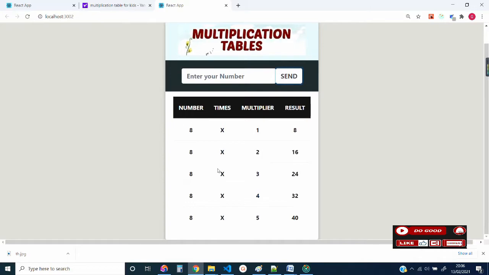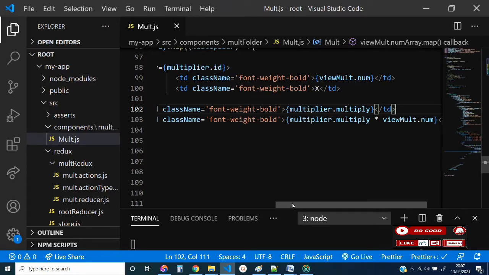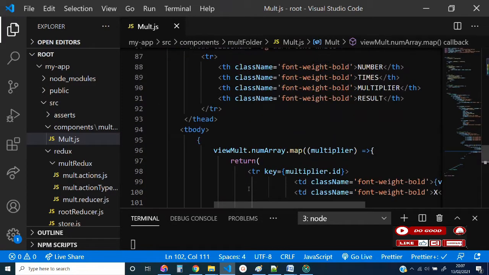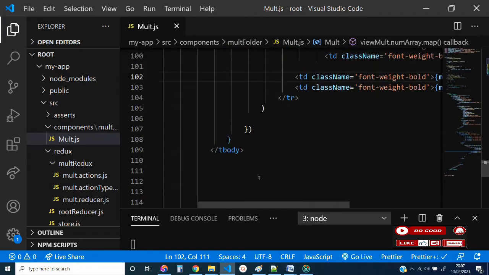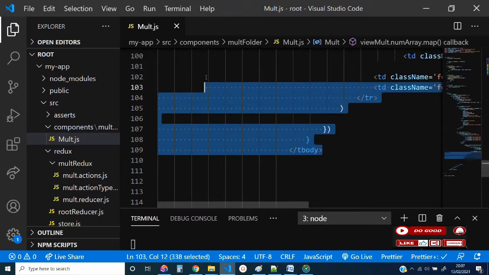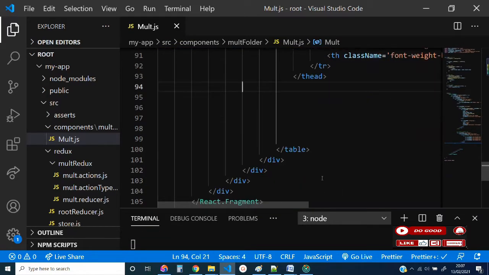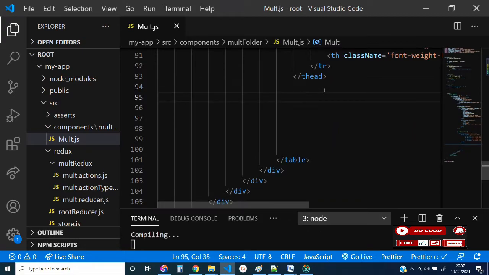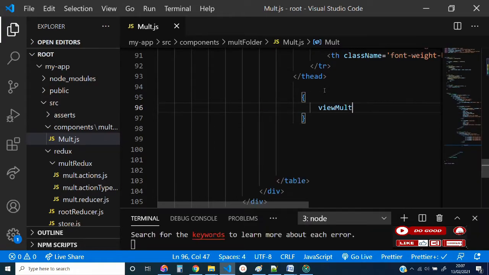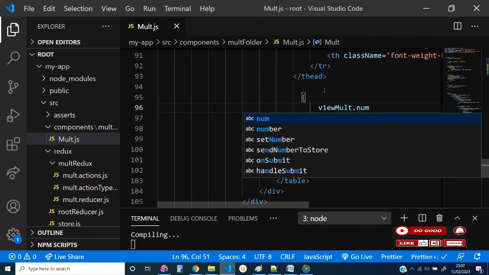So that is that. Now we need to make this dynamic so that when I say send, the body comes out. So we're going to do that using an if statement. So let's go there again. Let's go to the t body, good, the t body. Now the t body, let's cut it, okay? And we give it an if statement. Before the t body comes, we say if view mult dot num dot length